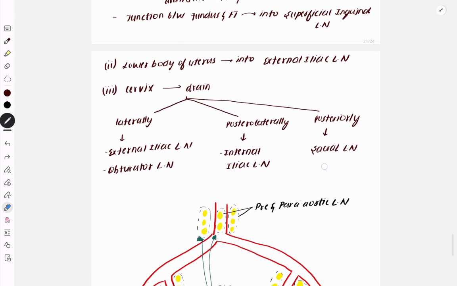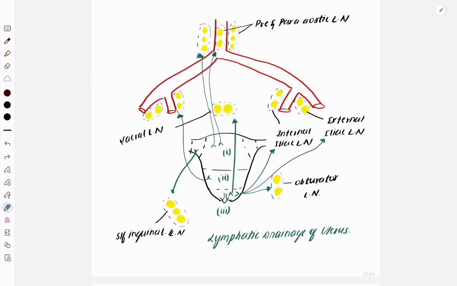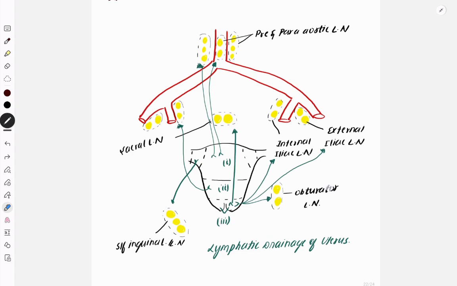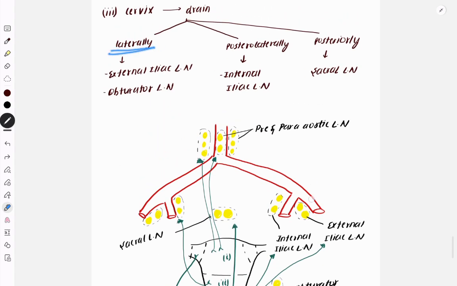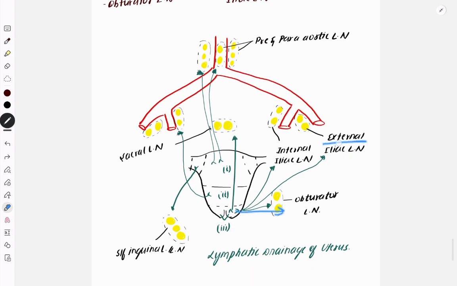The third part, which is the cervix, drains into all lymph nodes. It drains into the internal iliac lymph nodes, external iliac lymph nodes, obturator lymph nodes, as well as the sacral lymph nodes. But understanding it more simplified, first of all, laterally it will drain into the external iliac lymph nodes